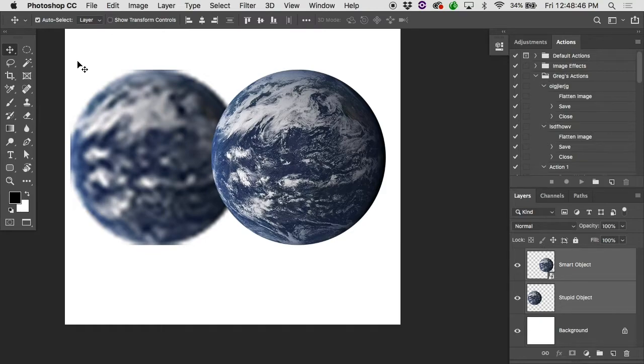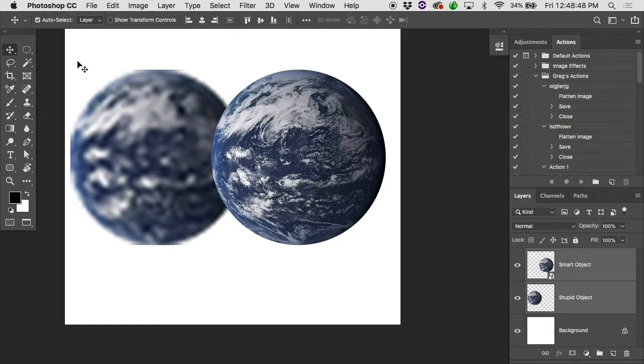Now there's something else I want to show you guys. We talked about the pen tool a while ago. What kind of information does the pen tool make? Vector information. The cool thing about vector information is, much like a smart object, you can scale it around. You can make it larger, smaller, all kinds of cool stuff. Now we use the pen tool. There are other ways to make vector information, and I'm going to show you one that you'll probably get mad